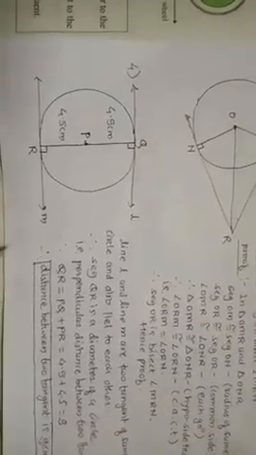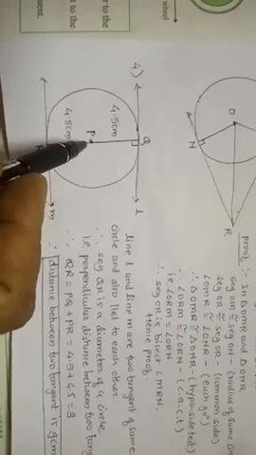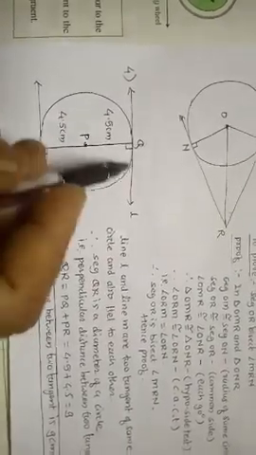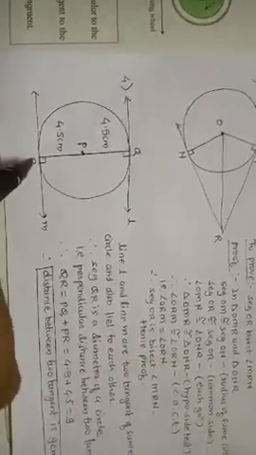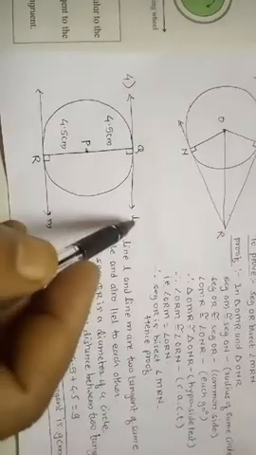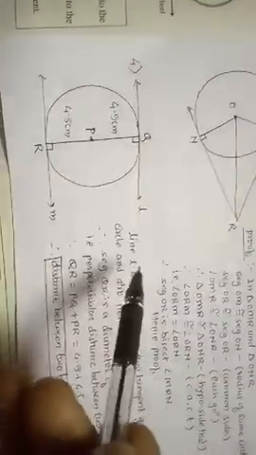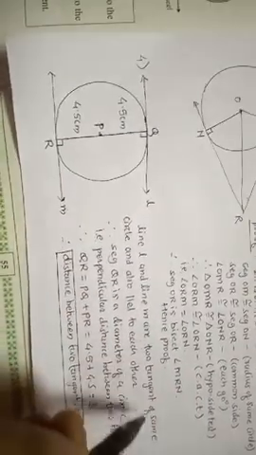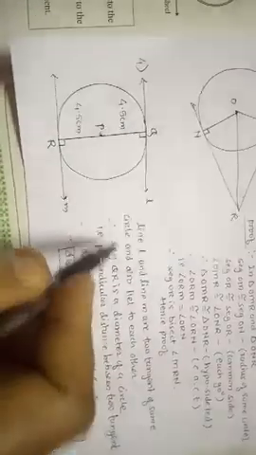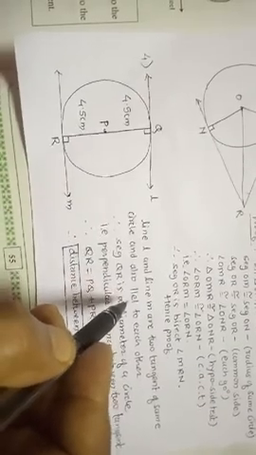So see, here the center of the circle is taken as P. Now you draw a circle, and here the points of contact are Q and also R. These are the two points of contact of the tangents. Here line L is a tangent, also line M is a tangent to the circle at point R. Now you see the solution of that. Line L and line M are the two tangents of the same circle and also they are parallel to